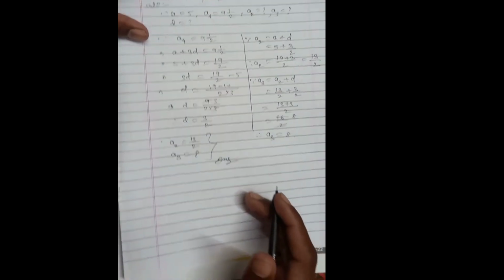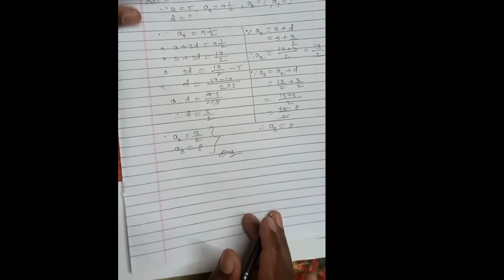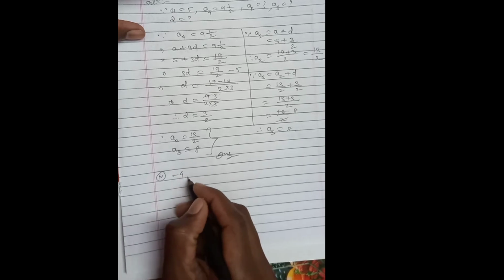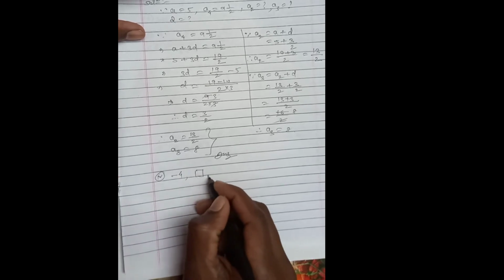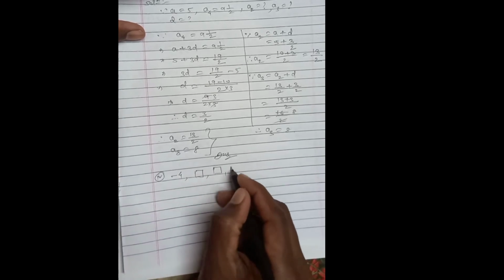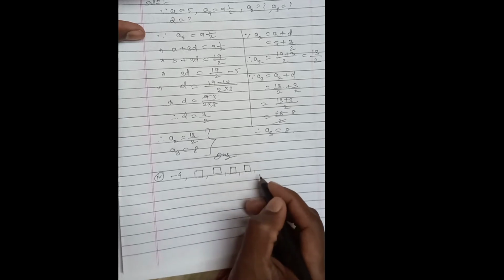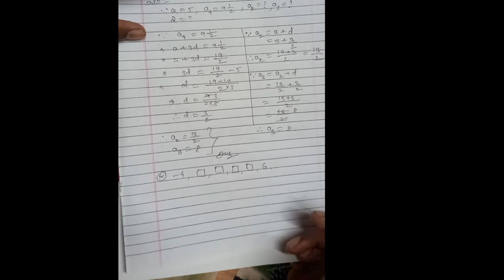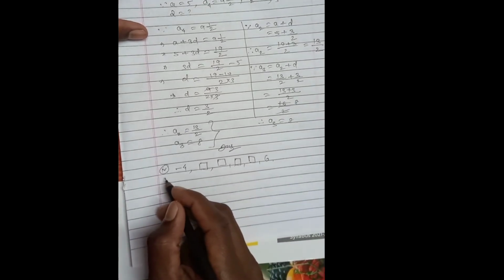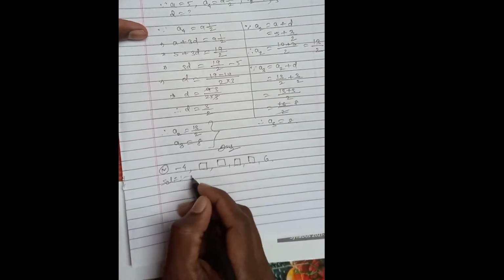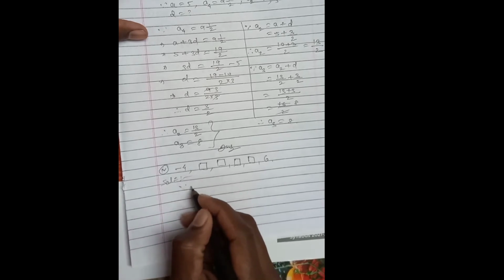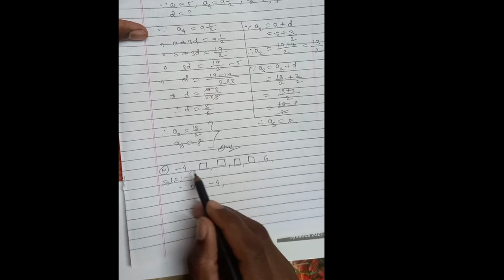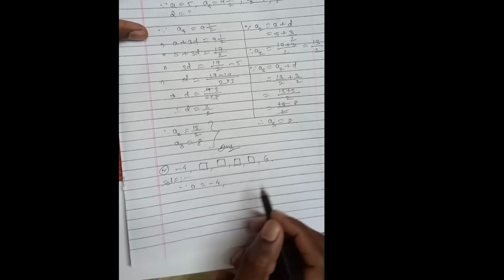So now we will try to solve our next question. Our next question is minus 4. So now we will solve it. Here our first term is given, minus 4, and last term means there are how many terms, 1 2 3 4 5 6 7, that means